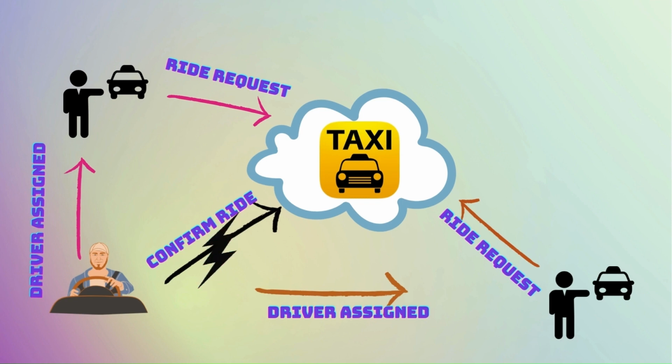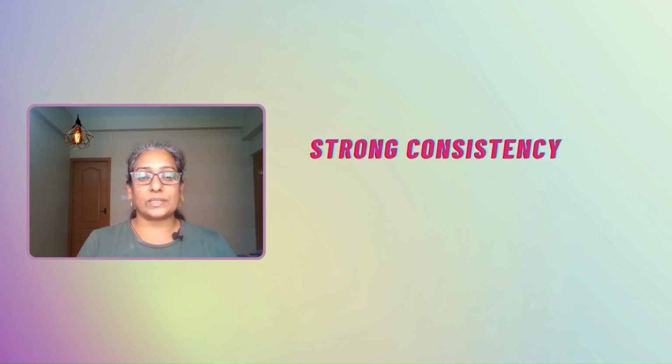This could cause issues like double bookings or conflicting ride statuses until the connection is fixed. Even with these problems, the priority is keeping the service available for users without interruptions. A distributed system prioritizing consistency over availability offers strong consistency, and a system that prioritizes availability over consistency offers eventual